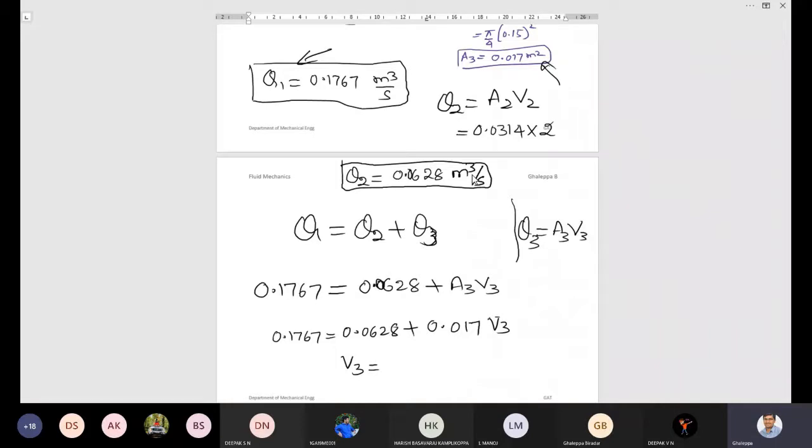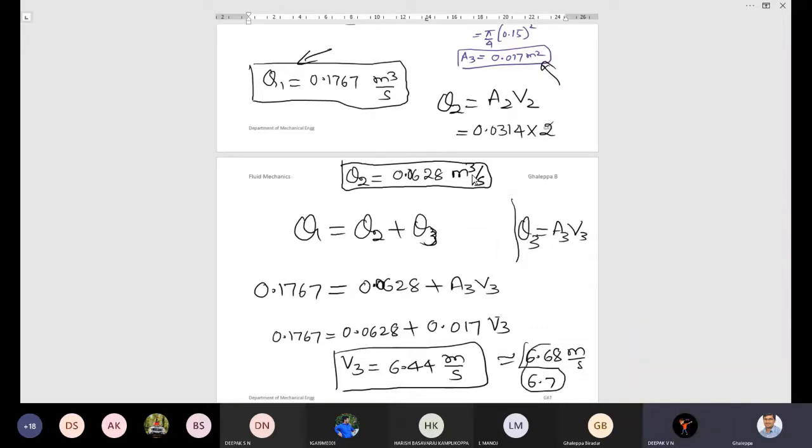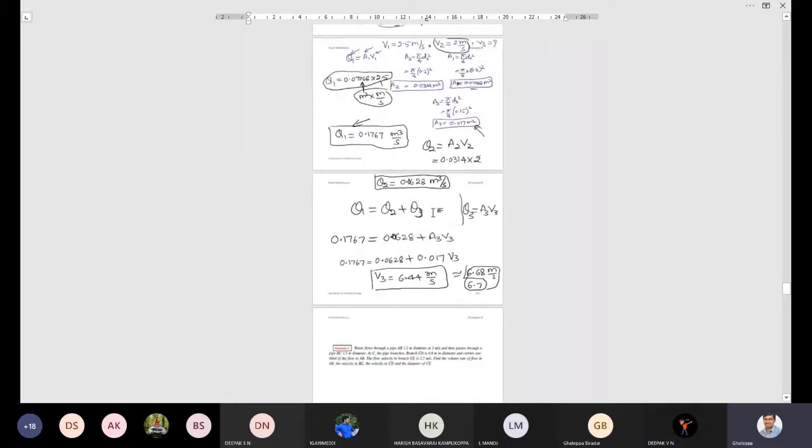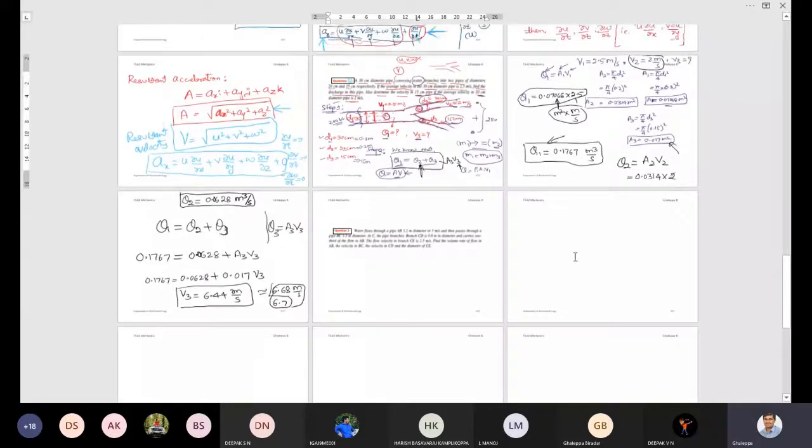V3 is equal to 6.68, or 6.7 or 6.4. 6.7 is also correct, all are in the same range. So this is how you need to calculate the velocity and discharge. Okay. Now